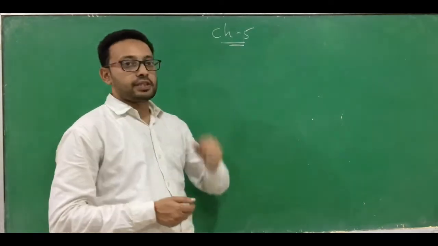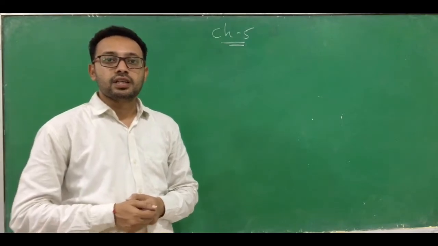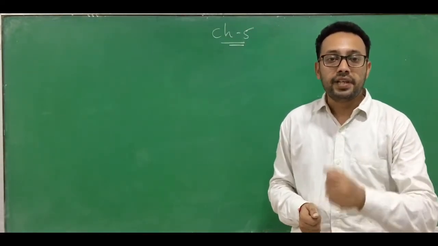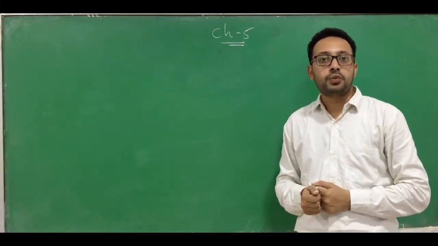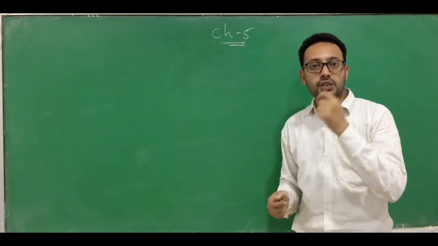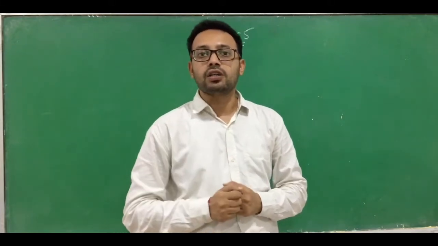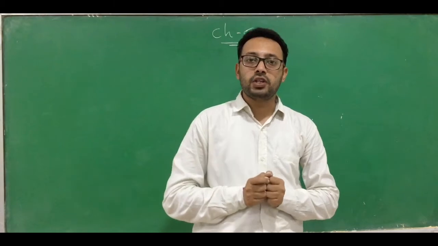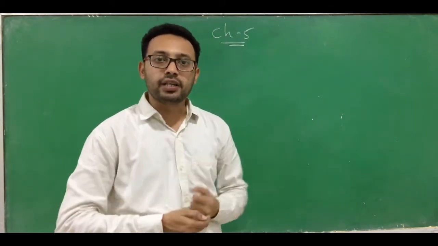We have started with chapter number 5, the principle of inheritance and variation. In this chapter till now we have learned regarding heredity, variation, what are the characteristics of Mendel's experiment, why the Mendel experiment was successful, and we have discussed one of the experiments of Mendel, that is monohybrid experiment or inheritance of single gene. I am just briefly revising the monohybrid experiment, and then we will go ahead.